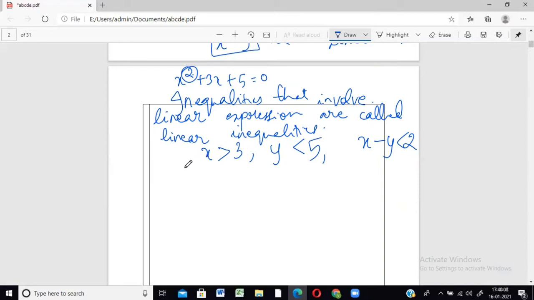So quadratic may be something like this, can always be there. Quadratic, as I just said, how it looks like. So this will be called a quadratic inequality. We call this a quadratic equation because it's something equal to 0 or equal to 5, whatever it is. So that's called a quadratic equation. This will be called a quadratic inequality.